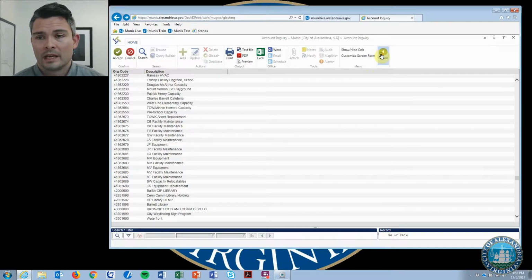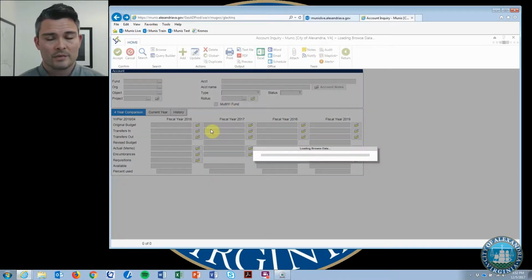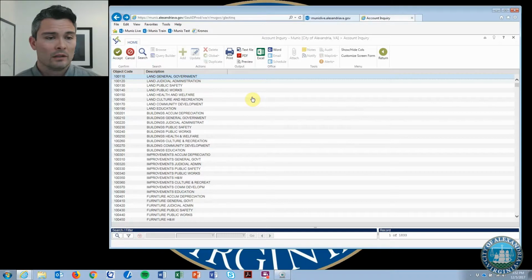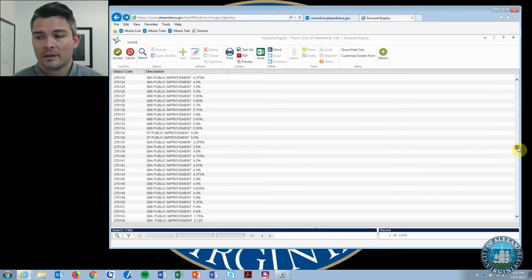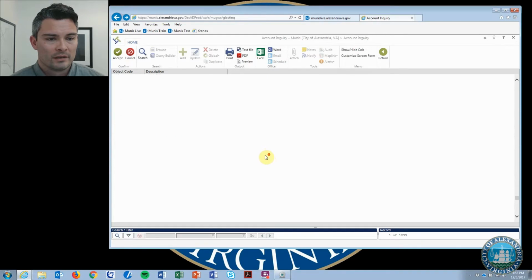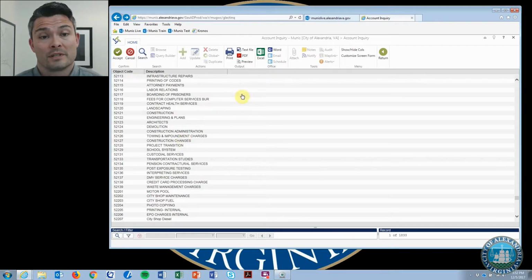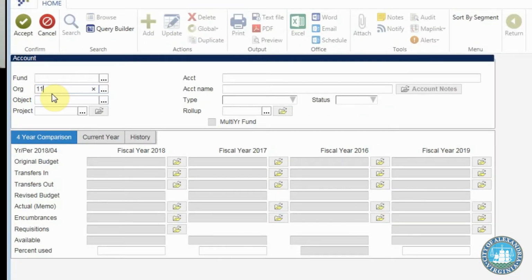And then finally, we could do the same thing with objects. I'll just click on object here. Now the first ones that load are the objects that begin with 1. More likely than not, you're not going to need to mess with these. In fact, to get to the objects that you probably will be encountering in your day-to-day work, you need to scroll down to where the 4s begin, because these are revenues. And if I just scroll into the 5s, which are expenditures. So I'll hit return. And let's actually enter that TESS org,